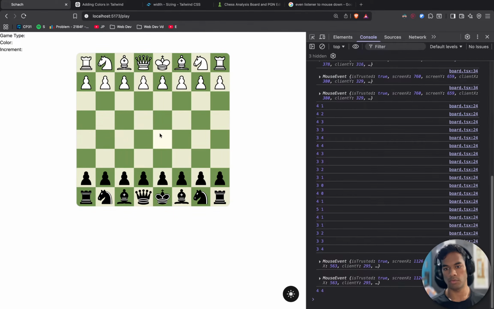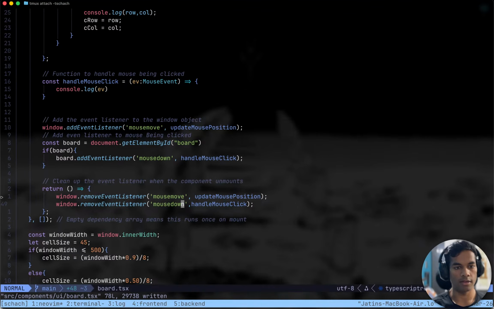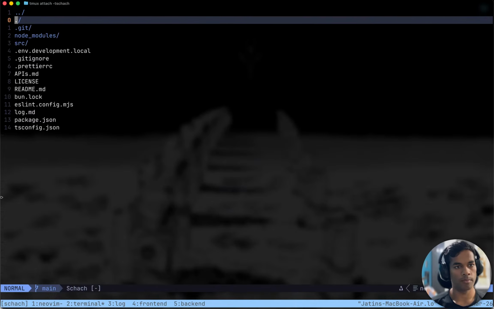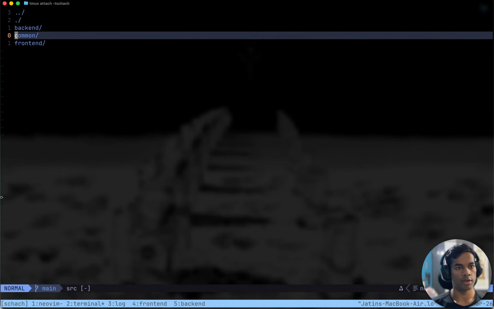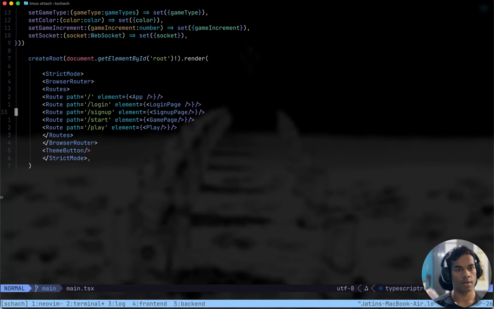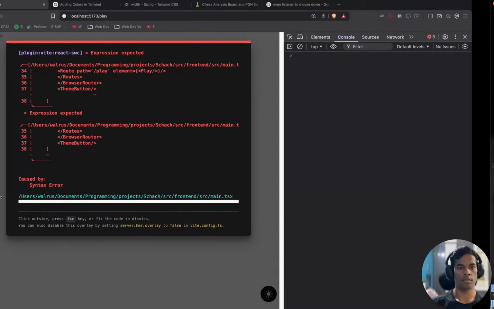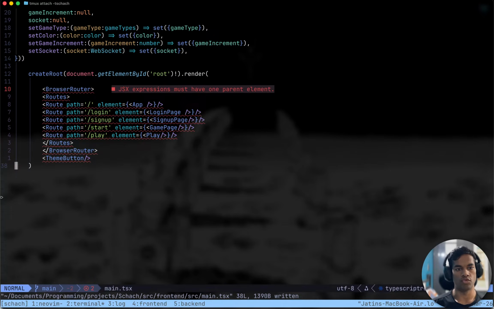When I do mouse down, I do see this, but this comes twice. Why is it running twice? It is probably because of strict mode, because of this. Okay.